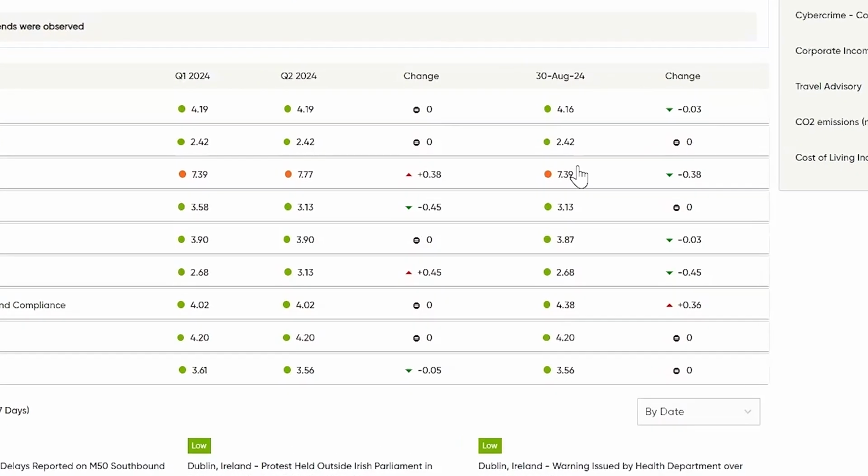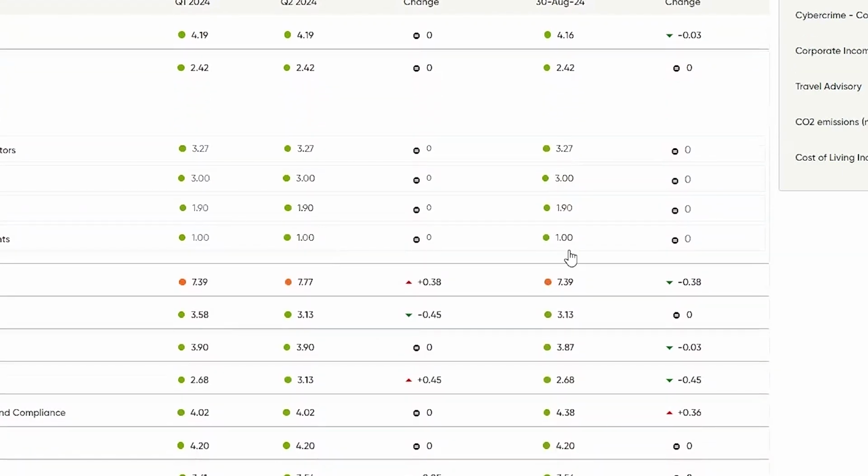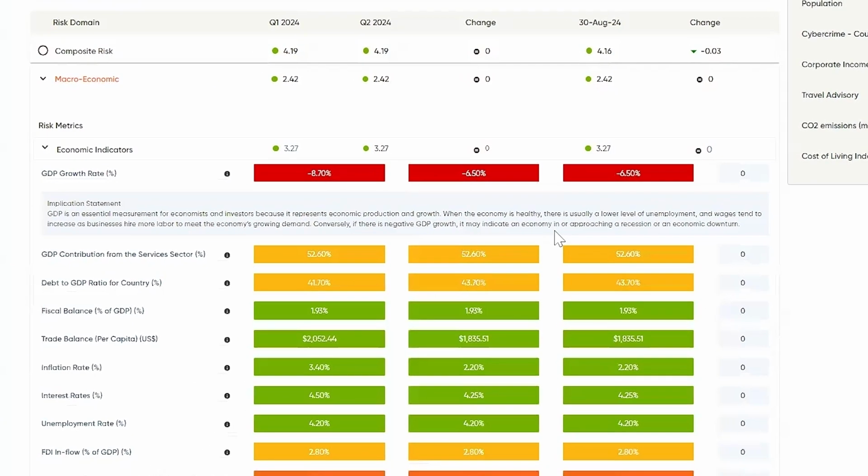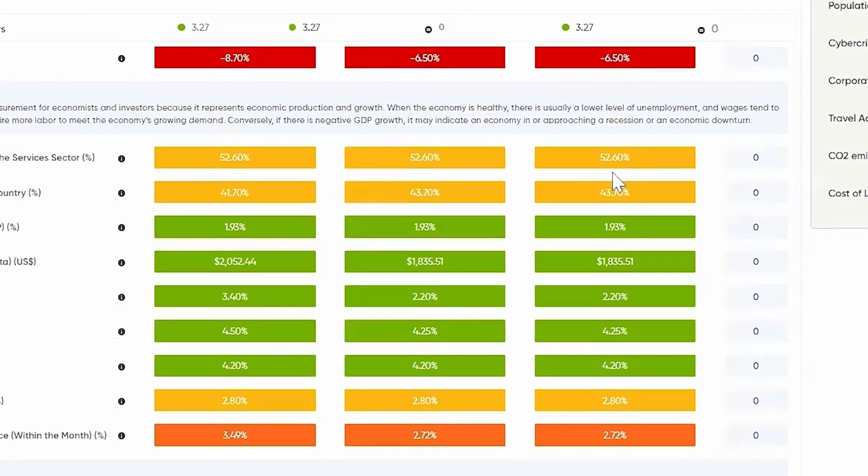I'm going to see scoring for each of my individual risk domains, adding up to a composite risk score. And then within any given risk domain, if I click the name of that domain, I will see individual subdomains scored on that same consistent scale from 1 through 10, low through critical. I can open up any subdomain to reveal the final level of granularity, the individual risk metrics, all rated low through critical, as indicated by color right here.